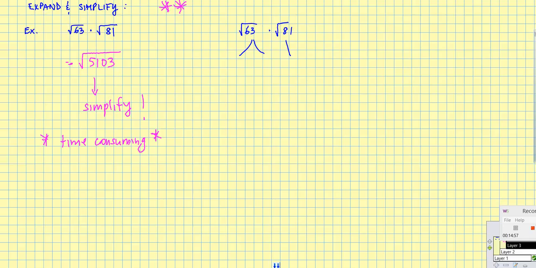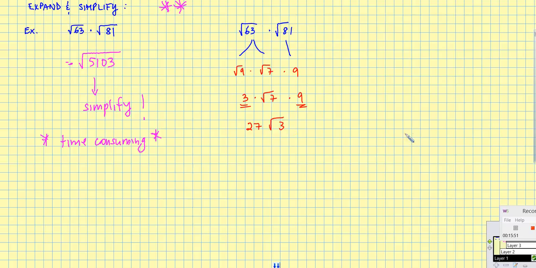Okay? But the one thing that you could do is this, is that you could break down the 63 and the 81 into their simplest forms already, just before even doing the multiplication. So what that means is I could break down 63 into root 9 times root 7, and I could break down root 81 into 9, because the square root of 81 is 9. Now, the square root of 9 is 3. So if I do 3 times the square root of 7 times 9, I'm going to multiply together the whole numbers, the ones that have no square root on them, 9 times 3, which is 27,